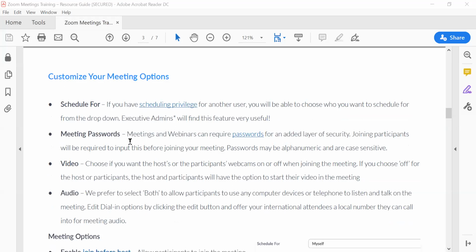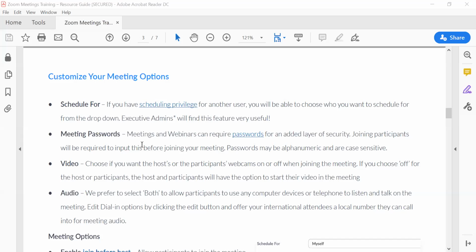It's my understanding that in September, all meetings are going to be required to have a password. Currently, we don't have a password, but in September, all meetings will need a password in order to join. I don't know if you recall, or maybe you haven't even heard, when we first all went into quarantine,